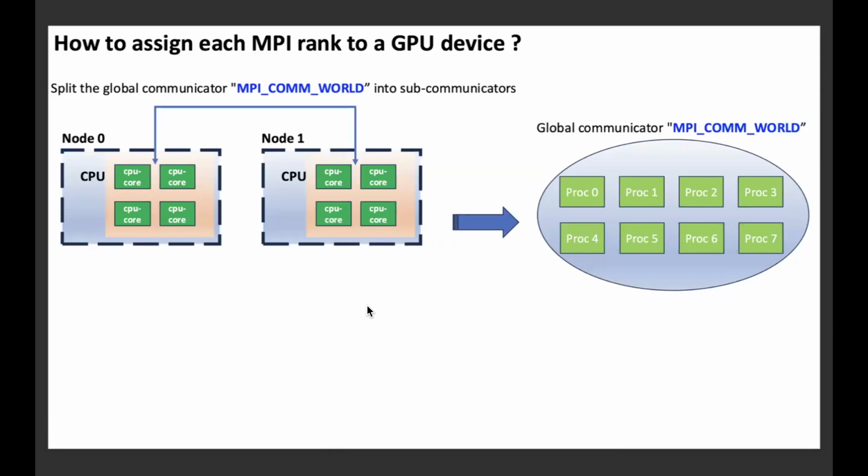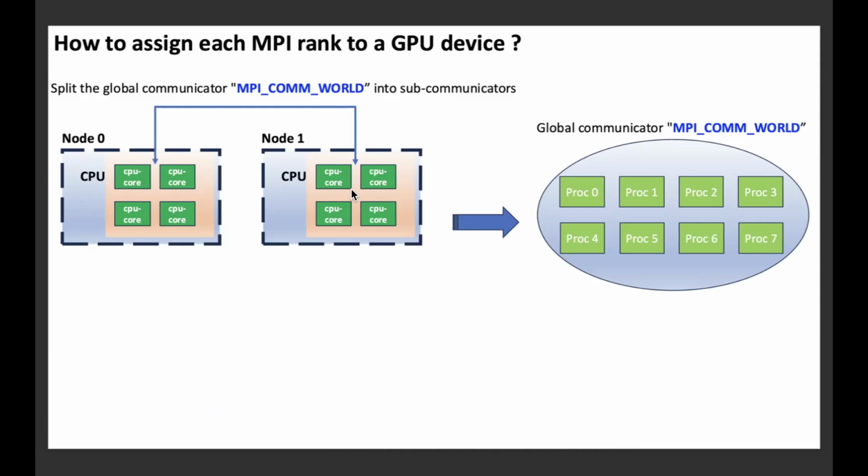Let's first look at a key element here, which is the global communicator. You can think of it as an umbrella of multiple processes that run on the CPU. The example here has two nodes, and each node contains 4 CPU cores. So the global communicator consists of 8 processes, 4 here and 4 here, and each process can run on a single